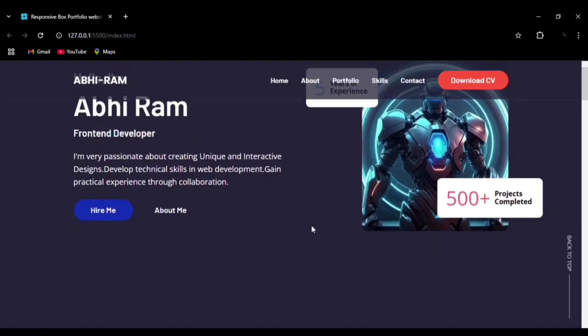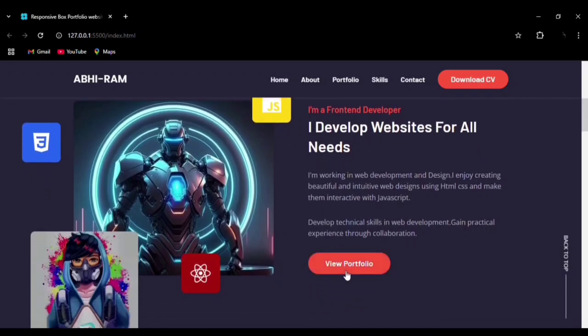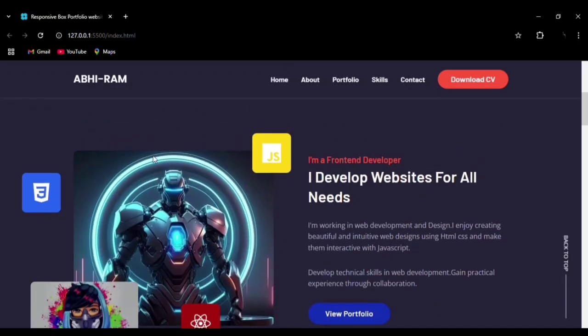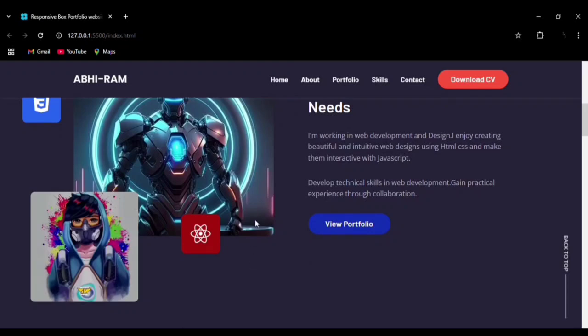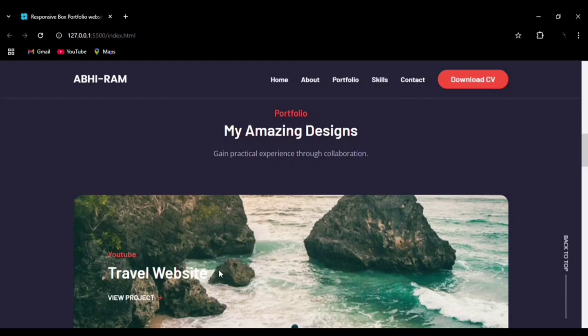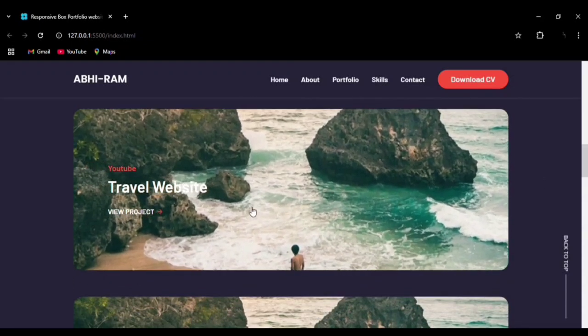The next we have is our about section. You can see in the about section we have used ion icons. We have used them to display here, and you can see the hover effect on the button, and you can see the position. By using the position value, how we are aligning the images one on the another, and how they are aligned at particular positions on the website. Then we have the portfolio section, and you can see the hover effect on it. Zoom in, and you can see the button here,